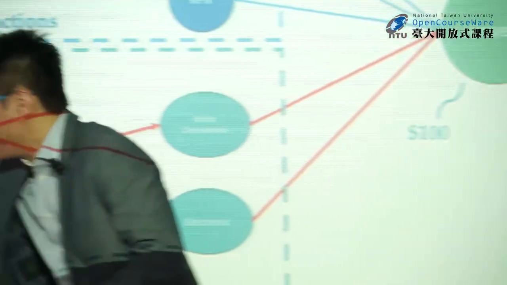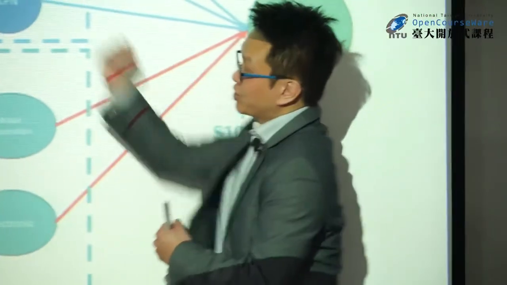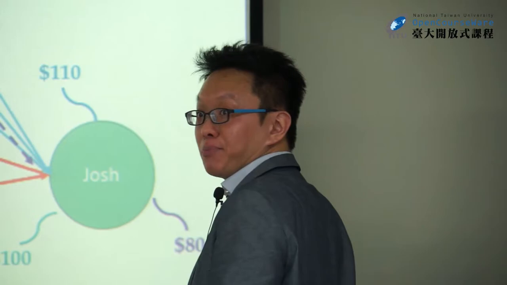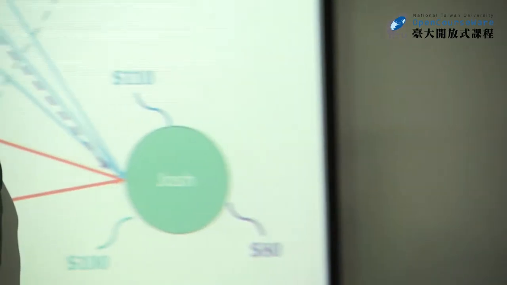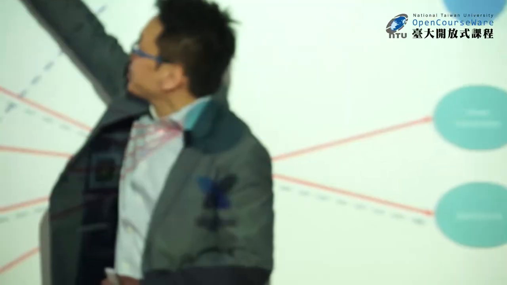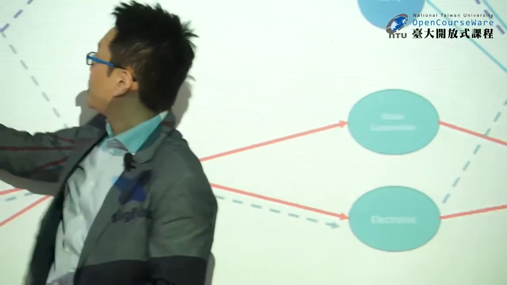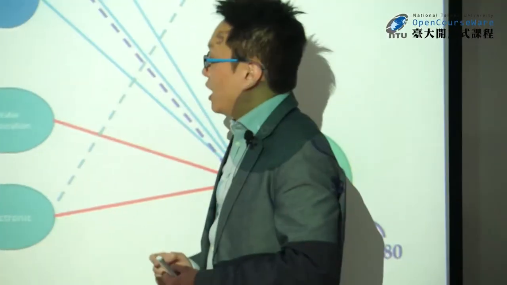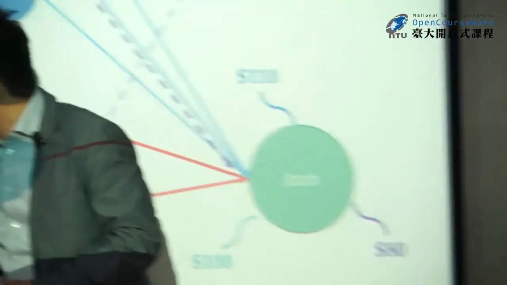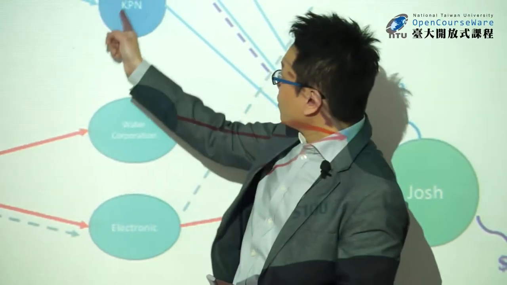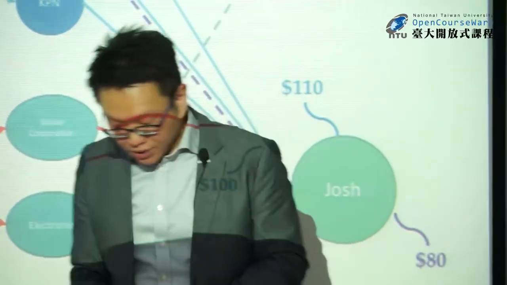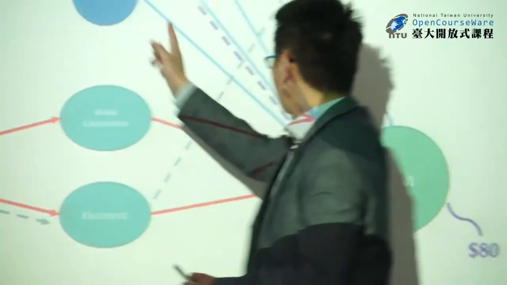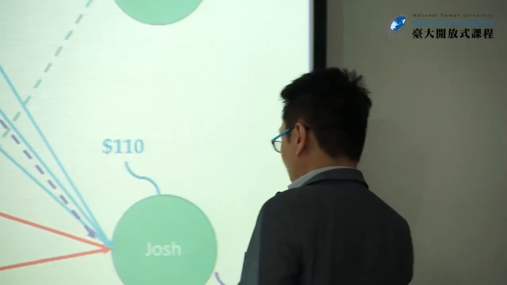We already decide the layout or structure for each supply chain. But in real world business, we can form different supply chains. For example, if I'm Sigfox, I want to change supplier from TI to another company with the same tech. And we also can say Sigfox may have a different distributor, KPN, rather than the water meter company. And at the end, they can restructure the supply chain to sell product to Josh,